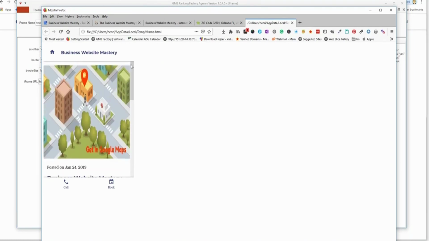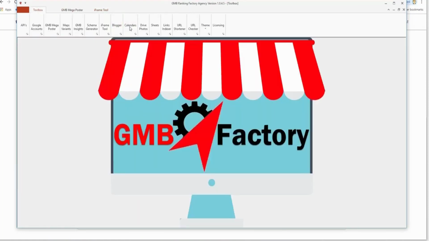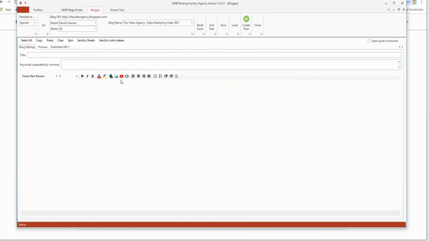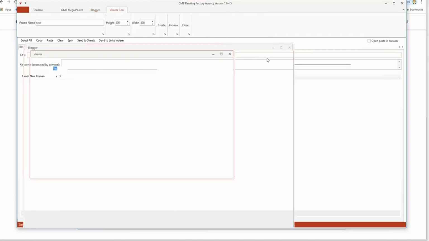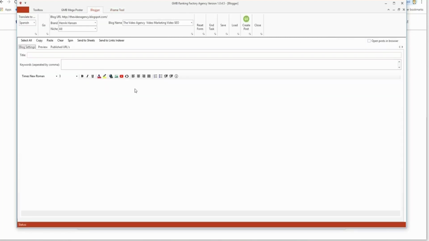On there you have your iframe. If you then stuff that into your Blogger post, so if you're in Blogger here, I've created your post, you will go from the iframe tool, I'll select this code over here, copy that, go back to my